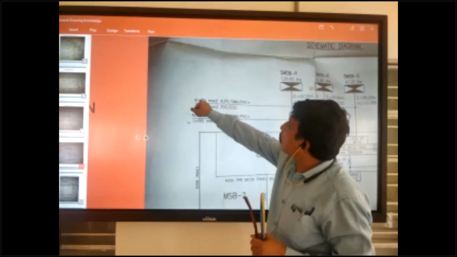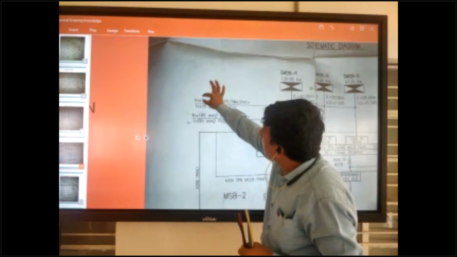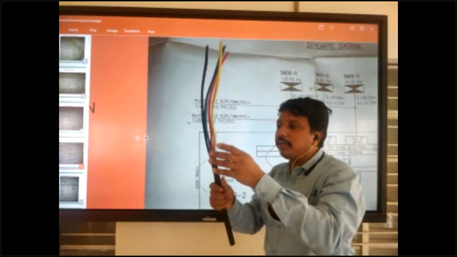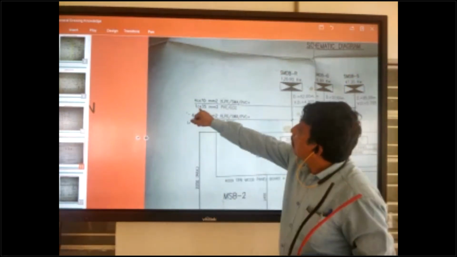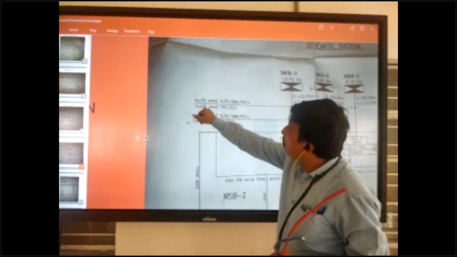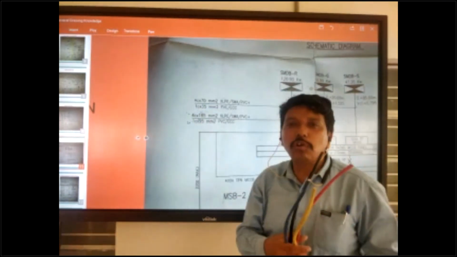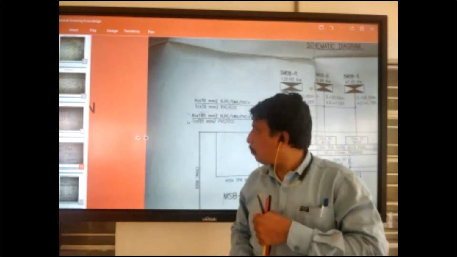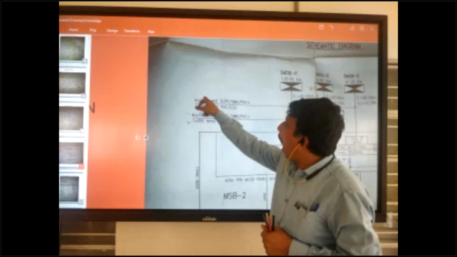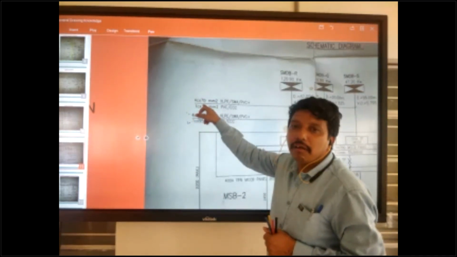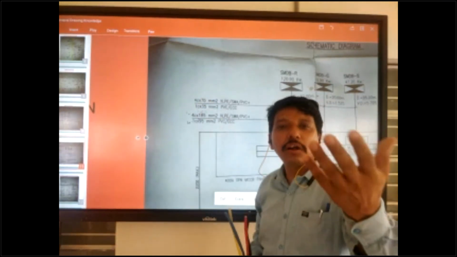So 4 means 4 into 70 mm square. So this is the cable size. This is 4 inside cable core. Okay, 4 is this one. And after this one is 1 into 35 mm square. So just before, 10 minutes before, I told you, always we put the earthing cable at half value of the power cable. There is 70 mm cable, so half value for earthing is 35.